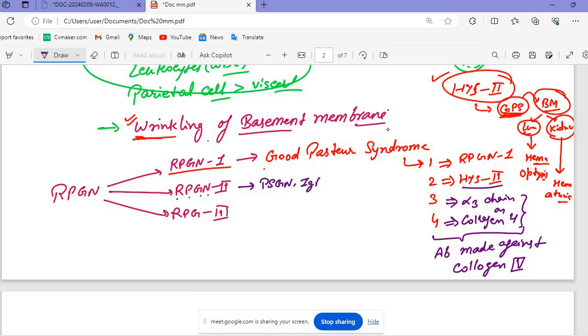IgA nephropathy can also proliferate and convert into RPGN type 2, meaning after some time, when complications arise, there can be breakdown of the basement membrane and an increase in WBC. All these things can happen as complications. Other than that, we can have SLE, HSP, so all these you need to remember. RPGN type 3,